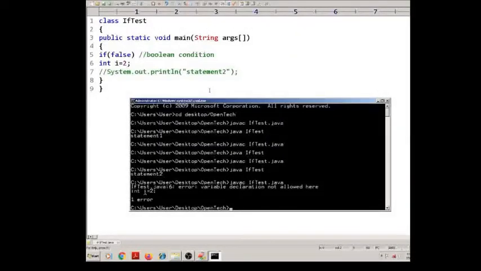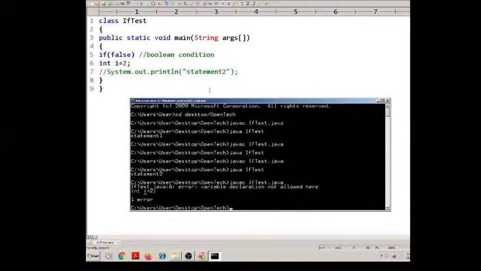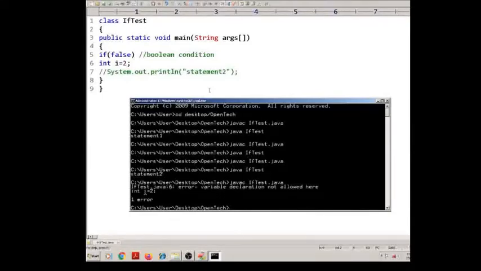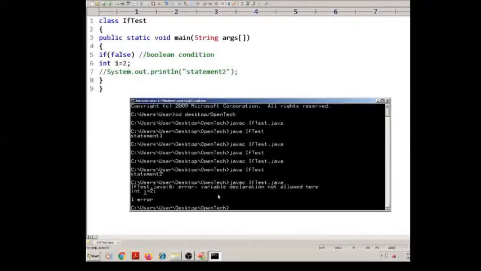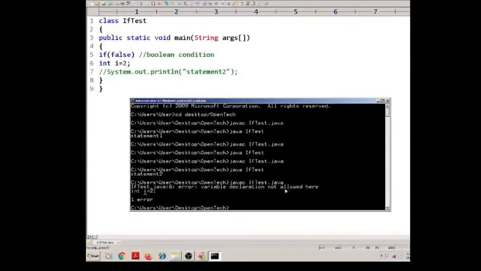We have recently discussed, if you are not using curly braces after the if statement, then the immediate statement must not be a declarative statement. So you can see here it is a declarative statement which is not allowed here.